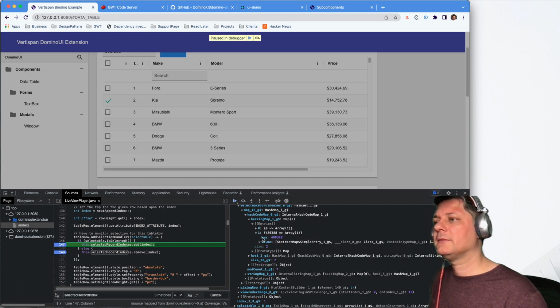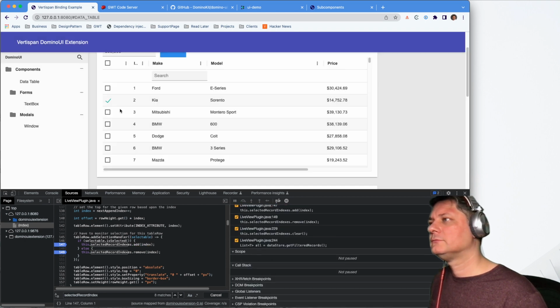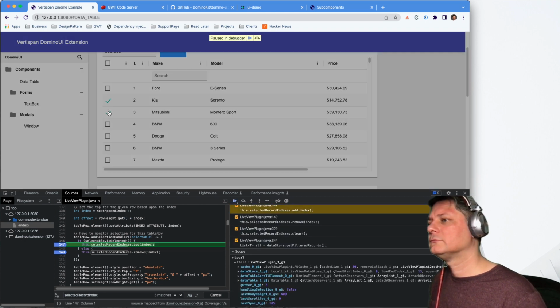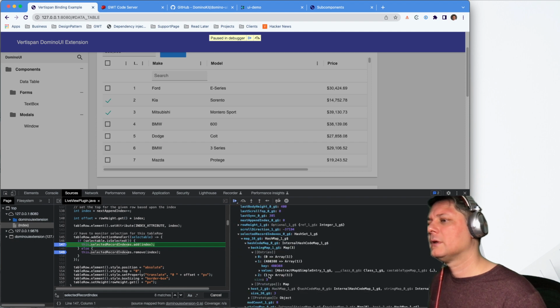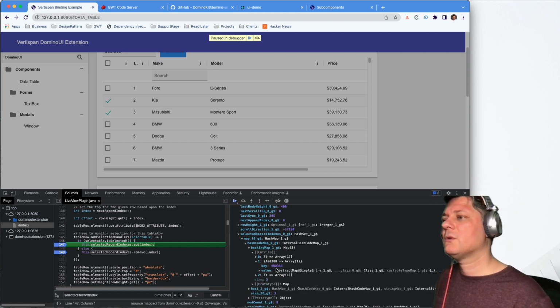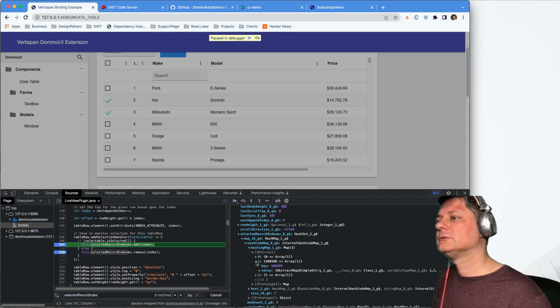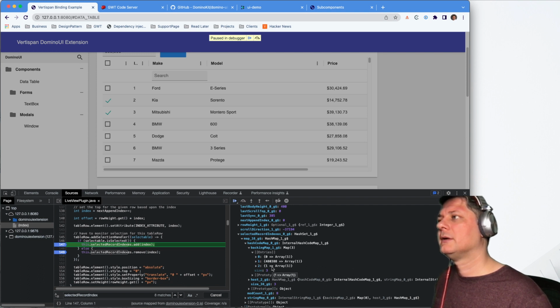So what is this one then? The key doesn't seem right. So I have 3 of them now. So why is it 0? I don't have 0